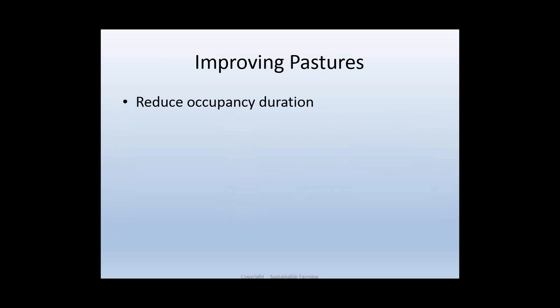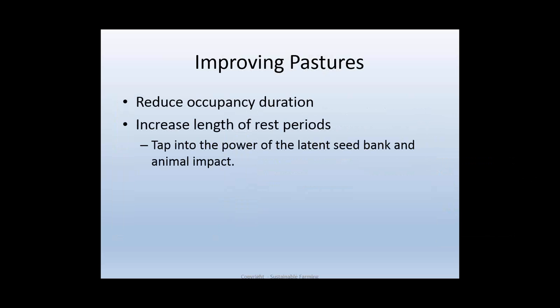In the simplest form, as we're talking with producers, it's about first reducing occupancy duration and lengthening the rest period, or in other words, as Alan said, increasing the frequency of how fast we move those animals to increase that stocking density to get the impacts and the response that we want out there. One of the things we're also doing is tapping into the power of the latent seed bank through that animal impact. That latent seed bank is absolutely amazing in what it can provide for increasing diversity